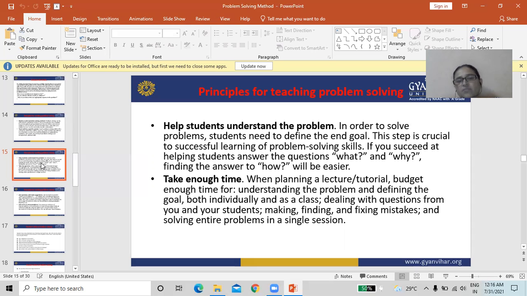Take enough time when planning a lecture or tutorial, budgeting enough time for understanding the problem and defining the goal, both individually and as a class, dealing with questions from you and your students, finding and fixing mistakes, and solving the entire problem in a single session.